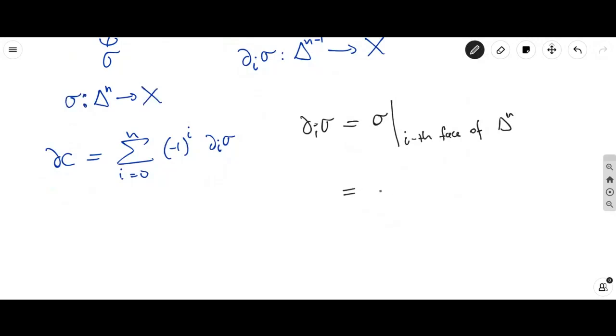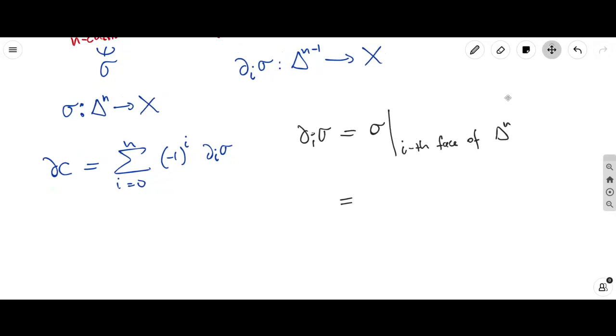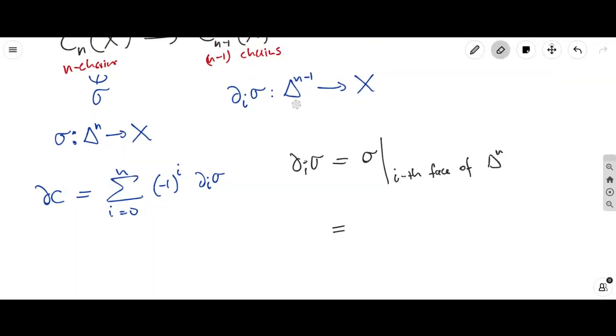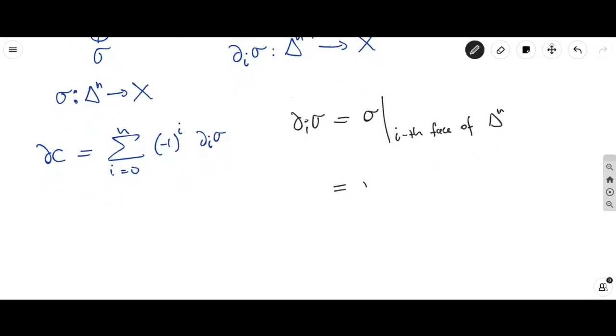Right, you're sort of restricting it, but that's technically not correct, because when you restrict it to the ith face, you're not getting delta n minus 1. You're rather getting something that's homeomorphic to delta n minus 1. So more appropriately, you're taking sigma and restricting it to the ith face,